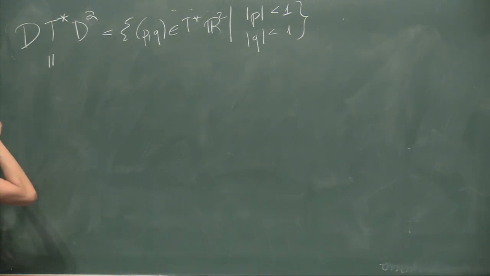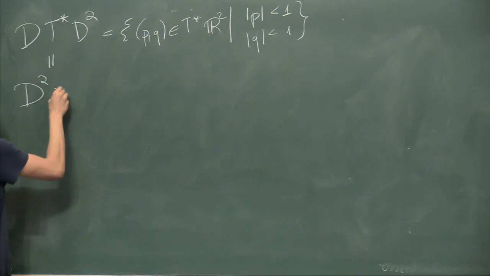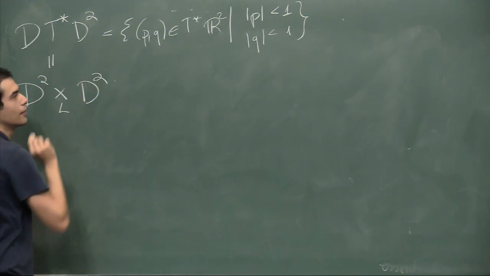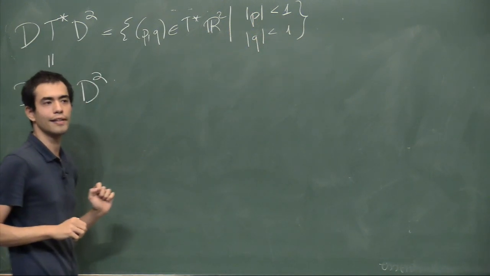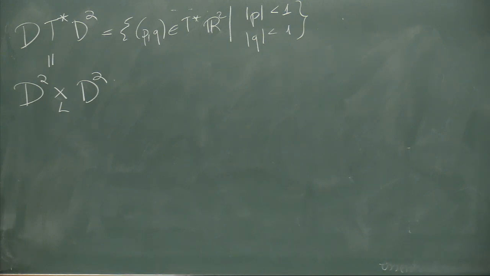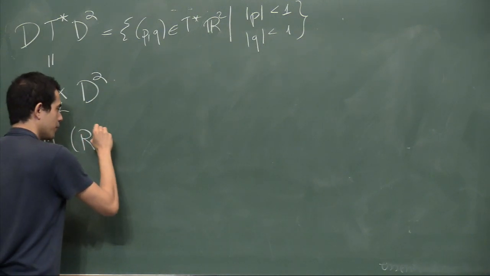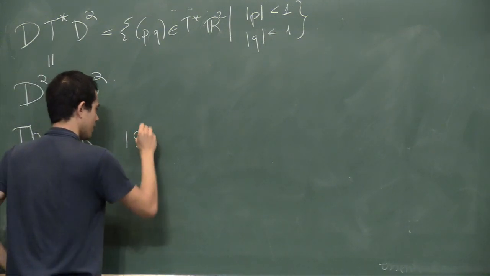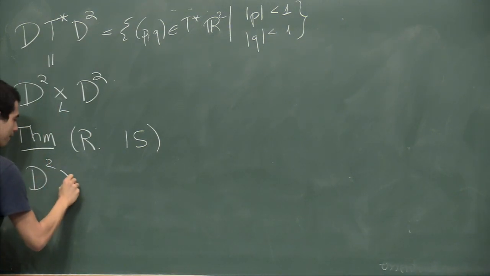This can also be called the Lagrangian product. So this is what's called the Lagrangian product of two disks. So you have the product of two disks, but Lagrangian in the sense that each disk by itself is a Lagrangian submanifold. Okay. So you can ask questions related to this set. And the theorem that I proved in 2015 is that this guy